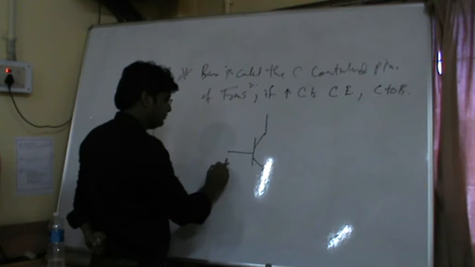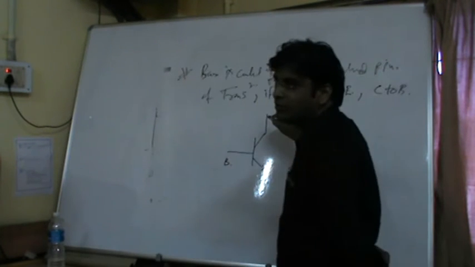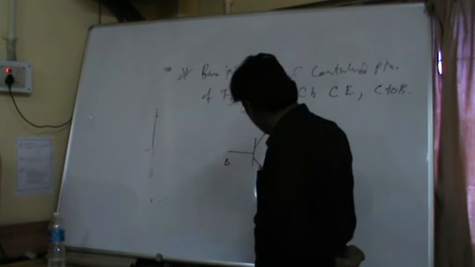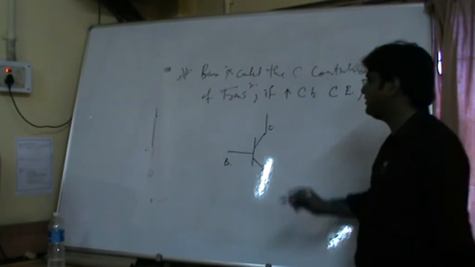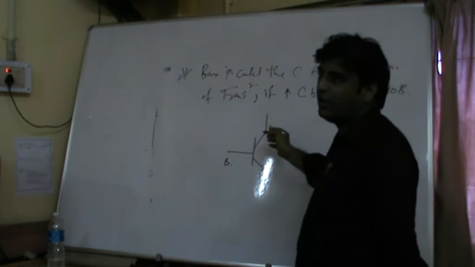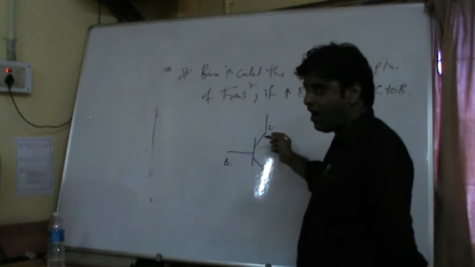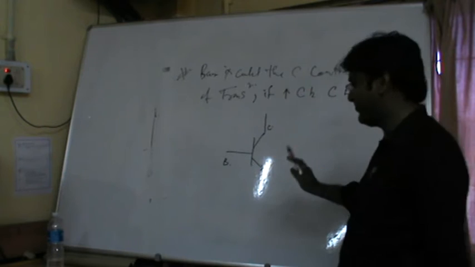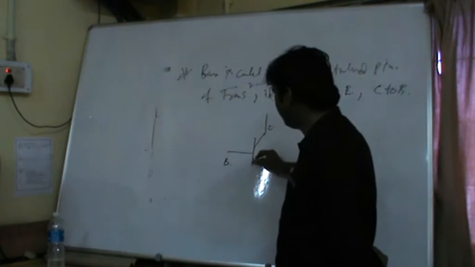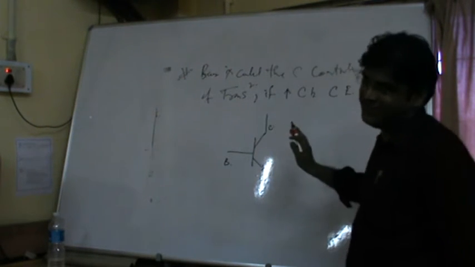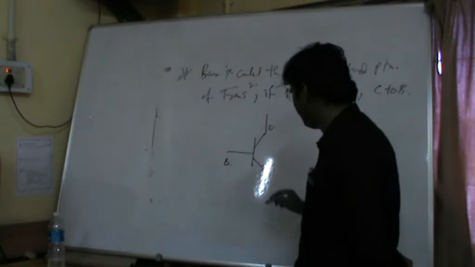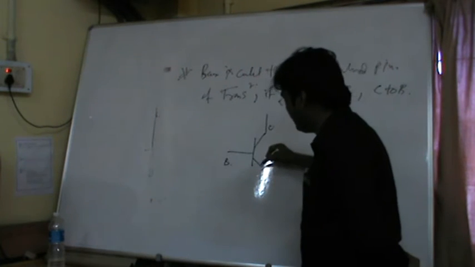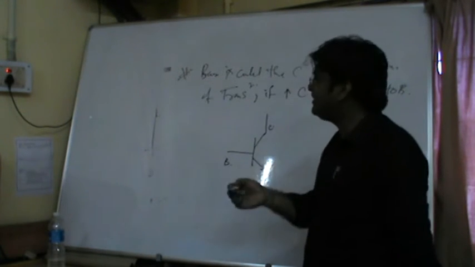Suppose this is the transistor. This is the base, this is the collector, this is the emitter. So is this NPN or PNP? This is an NPN transistor. This confusion arises all the time: how can we say it is an NPN transistor? I will come to this particular point. That is NPN transistor, P to N. That's why NPN. I am just representing the current analogy.